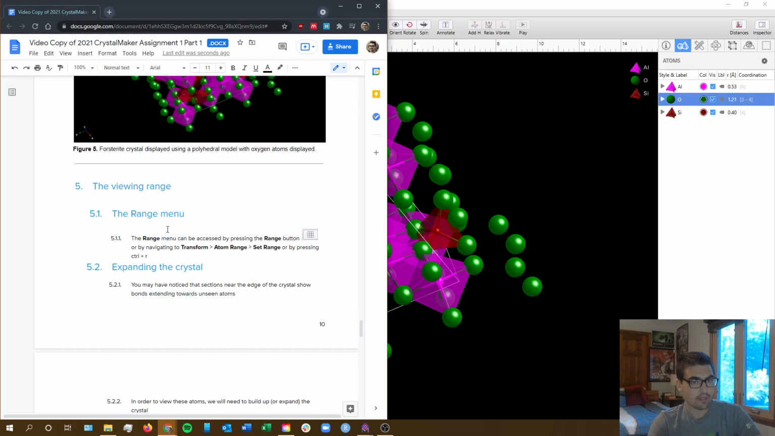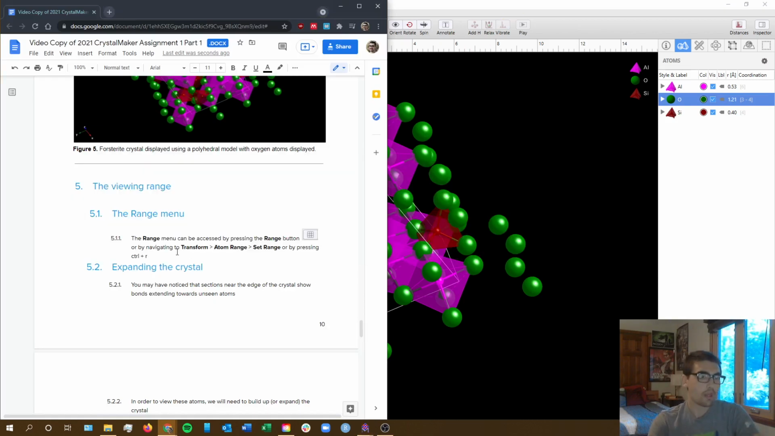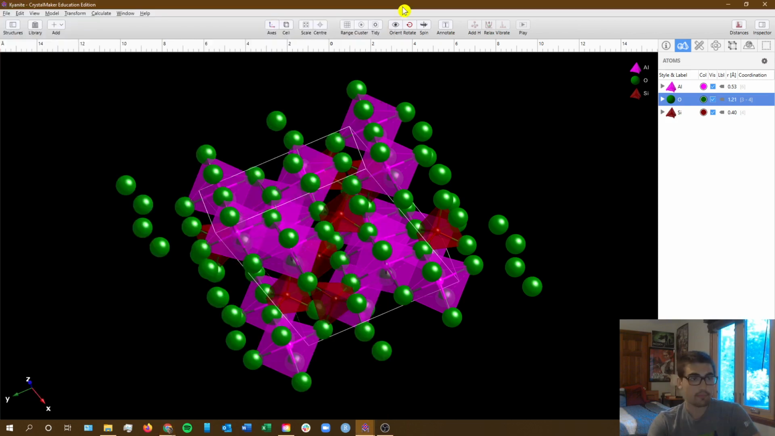All right. Let's talk about the viewing range. So we're going to be messing with the range menu, which is up at the top. You can see it there. So the range menu is accessed with the range button, or by going to transform, atom range, and then set range, or just press Control R. And so I'll go through that,